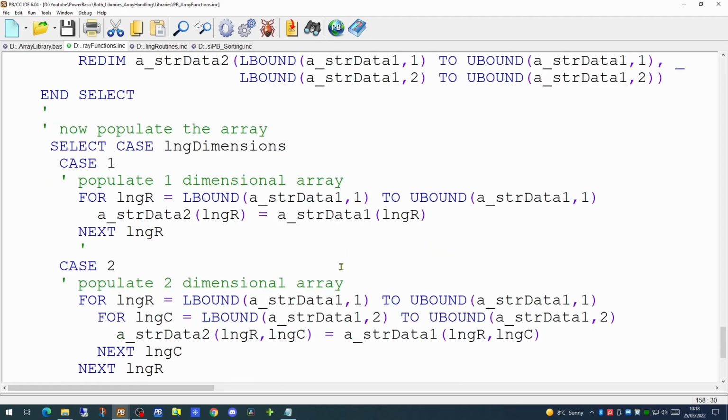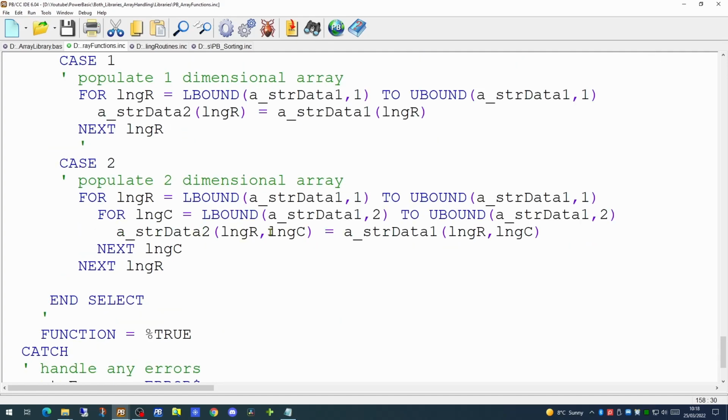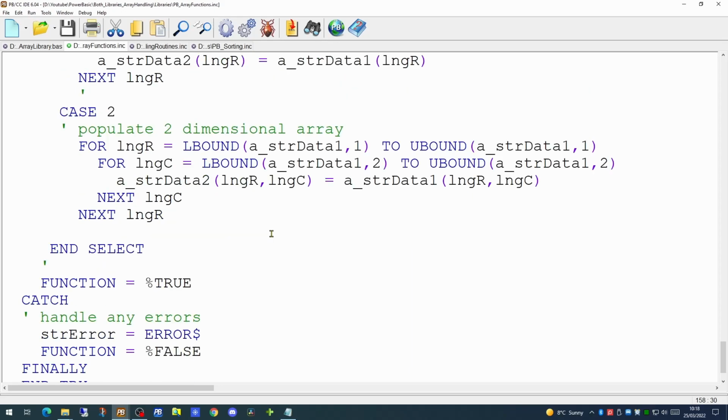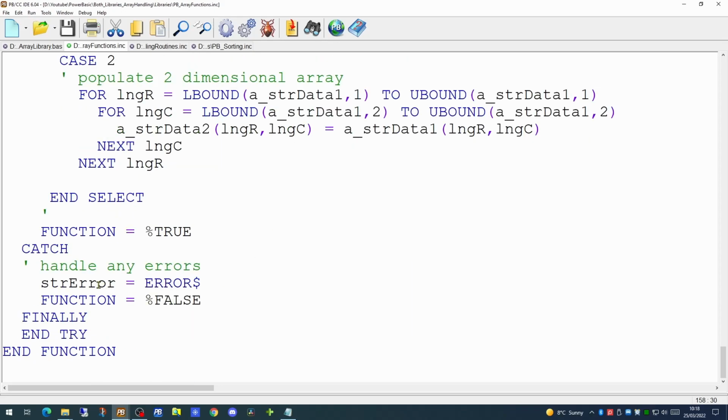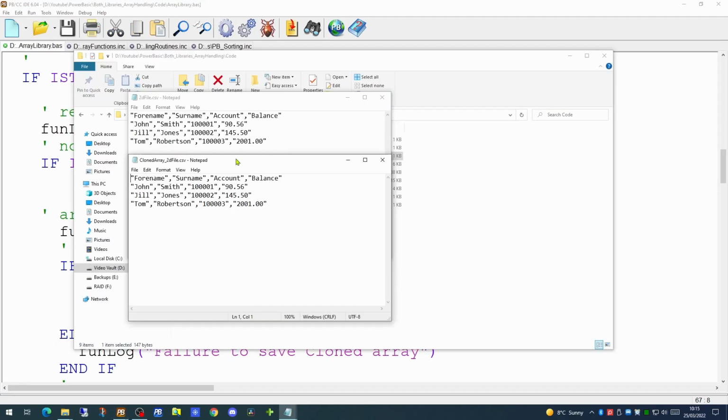And after that, it's a simple matter of populating the new array from the original one, either for one-dimensional or for two-dimensional. Should you find a need to support three-dimensional arrays, this section of the code could be easily extended. And should any error occur, it will be populated into the str error variable, which is passed back to the calling routine. In the next video, we will be covering the comparison of arrays.